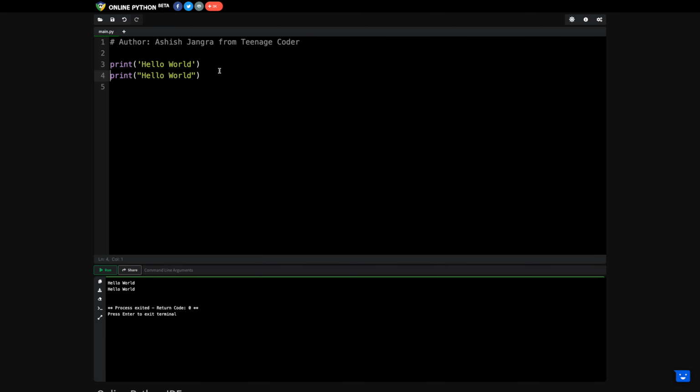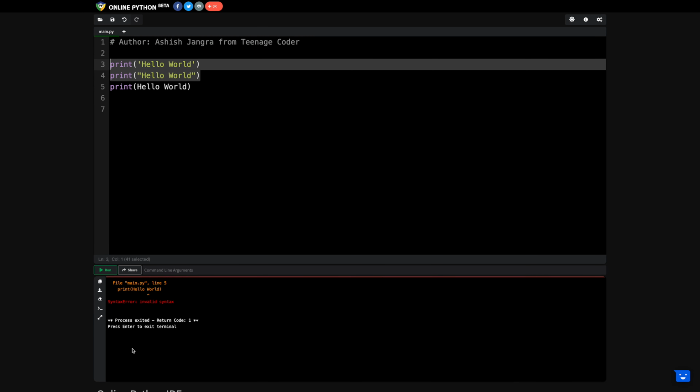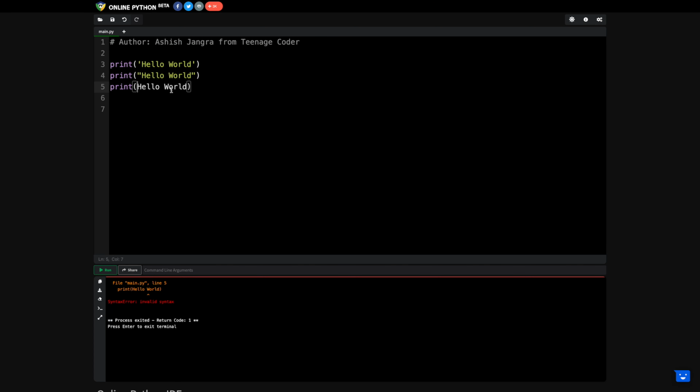But what if you are using it without opening a double quote or closing a double quote? What will happen? First two lines will print, right? But in the third line we are getting an error. Here you can see the line number 5, there is an error of invalid syntax, and here you can count that in line number 5 we are having an error. And the error is that we have not used double quotes here or single quotes. Now if I'm opening it with a double quote and closing with a single quote, what will happen? Let's run it.